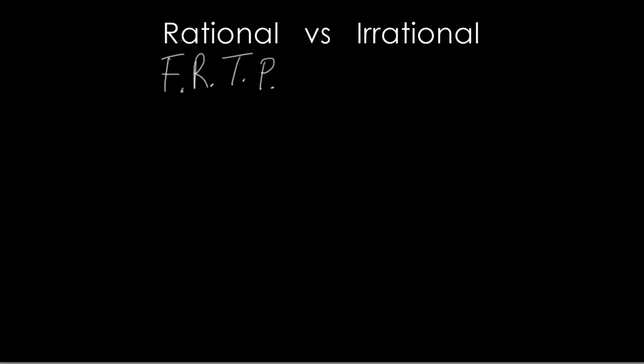Now, it's interesting that an irrational number is not any of these, okay? So it's just the opposite. If you're not a fraction, if you're not a repeating decimal, if you're not a terminating decimal, and you're not a perfect square, guess what? You're going to be irrational, okay? So let's talk about an example, right? Let's write this number,